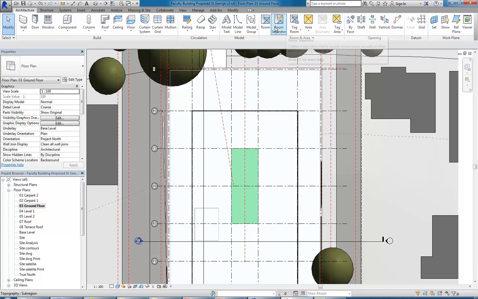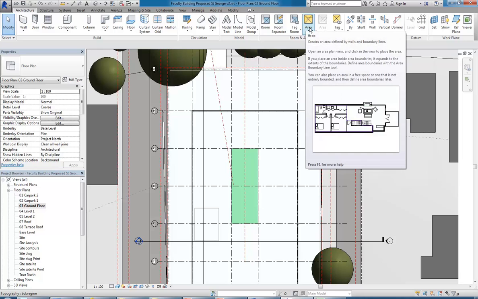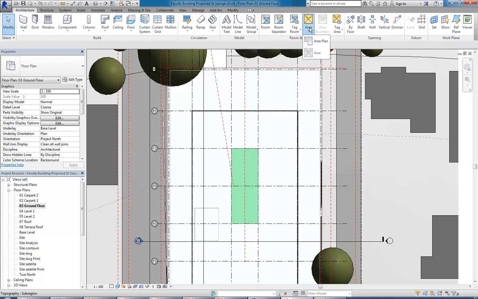So you've got rooms on one side, and these first three tools are all associated with rooms. And then areas are a completely different kind of object. And so you have the different tools for that with the yellow icons. And so to use areas, they're a bit different to rooms in the way that they show up. You don't put them in your regular plans, you create special area plans. And so by clicking on that area panel, you can then just choose area plan,